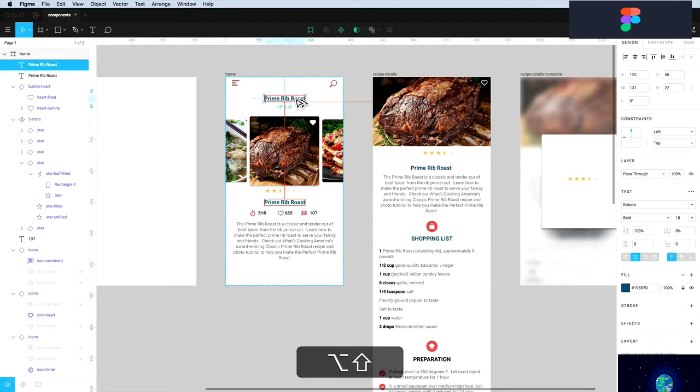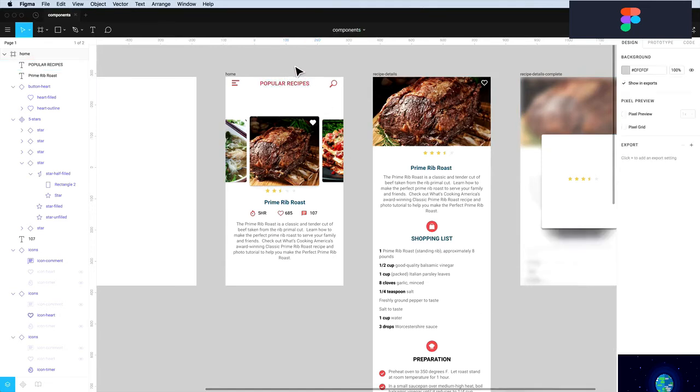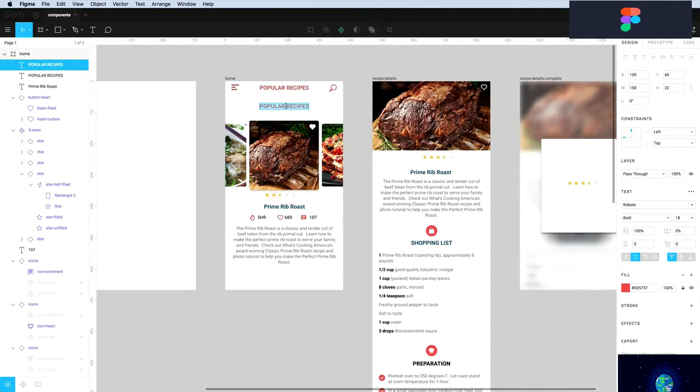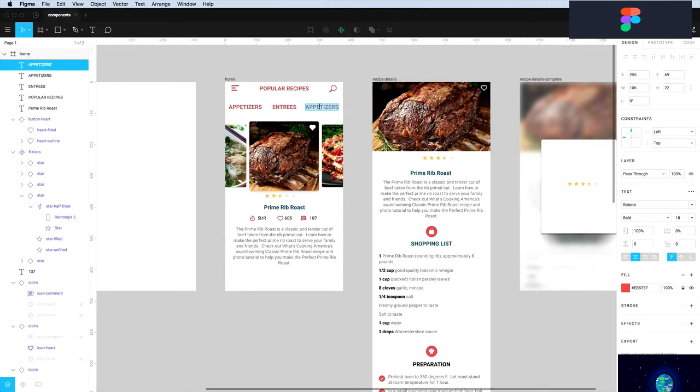I'm going to hold down Option and copy this up here to be aligned with the center of these icons. I'm going to call this Popular Recipes, and make this the same red color here, and go down once more. We'll call this Entrees over here, Appetizers. Hold down Option once more and call this Dessert,